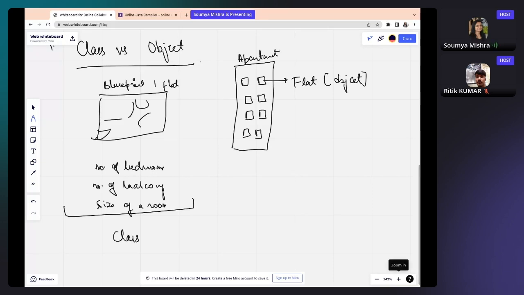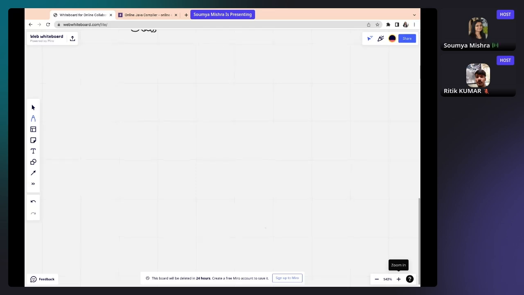This example is very important for you to understand. Now I'll give you one more example, and through that example, we will be covering the other concepts in this session. If I give you a simpler example, consider that somebody invented a car. And what they said is that a vehicle that can move,